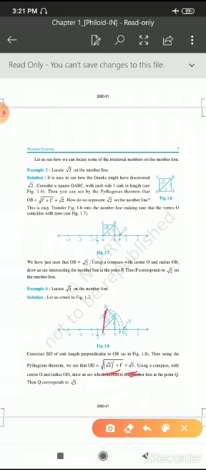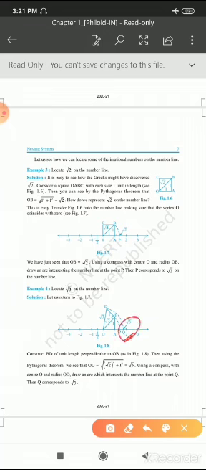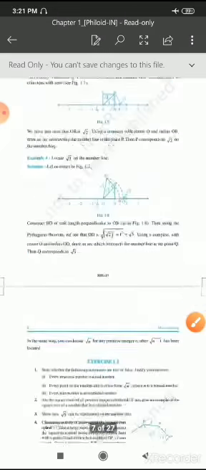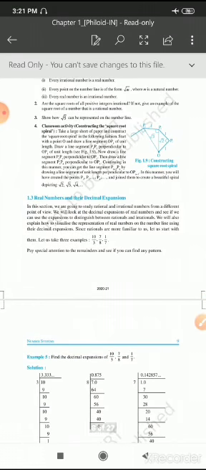Now to represent OD, root 3, on number line, again take O as center and OD as radius, and draw an arc from D to intersect the number line. The point where the arc intersects the number line is represented by Q, and that locates root 3 on the number line. This is the way how to locate root 3 on number line. So based on this, we have exercise 1.2, locating root 2 on number line, and here true or false. After that, real numbers and their decimal expansion.